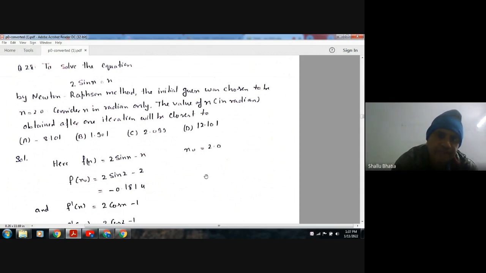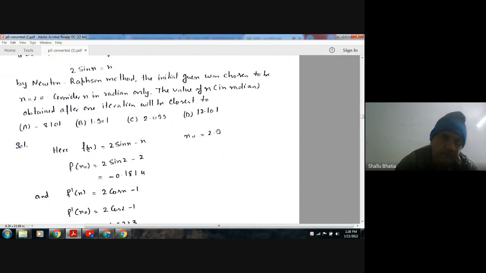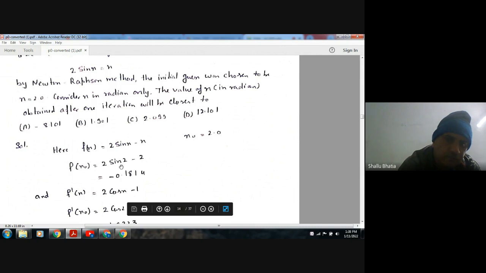The value of x in radians obtained after one iteration will be closest to: minus 8.101, 1.901, 2.0999, and 12.10. Here f(x) is 2 sin x − x, and initially x₀ is 2. So f(x₀), putting the value of x as 2 in radians,